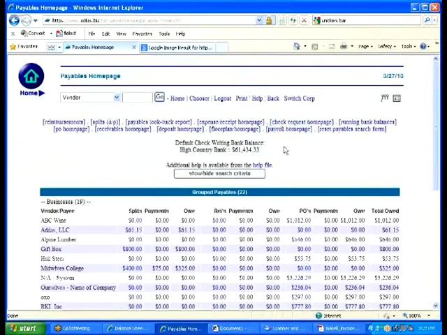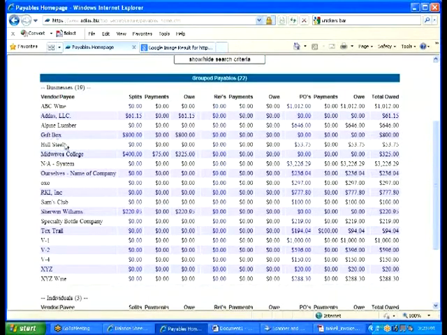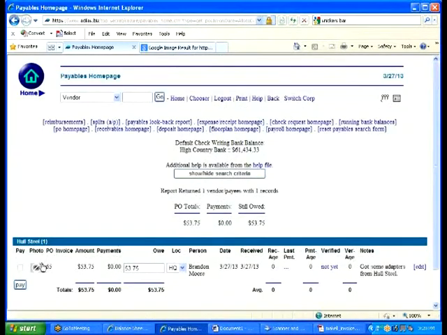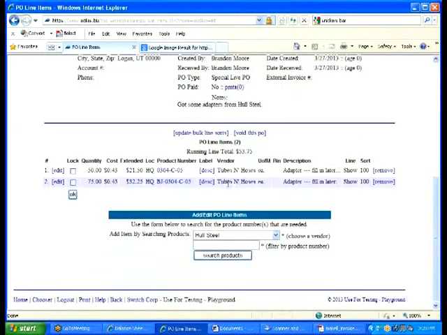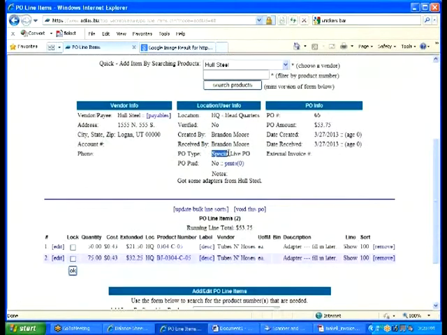You can bounce around tons of ways. I wanted to show a bunch of other things. Hull Steel over here under POs has just this one. You can see that there's actually nothing under here for tubes and hoses right now, okay? Because I switched the main vendor to Hull Steel, even though underneath this one is just this PO. And if I go into its actual details, it doesn't have any Hull Steel items. It's using generics, okay? So that's called a special live PO,